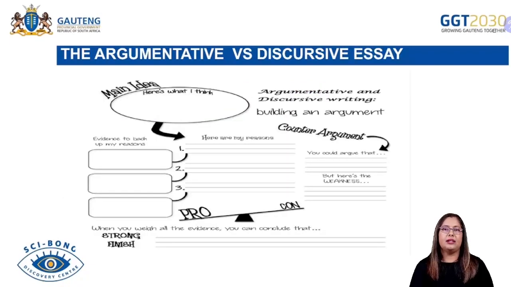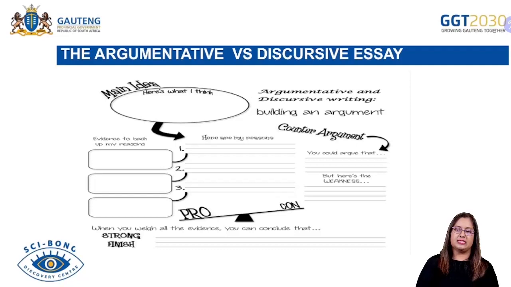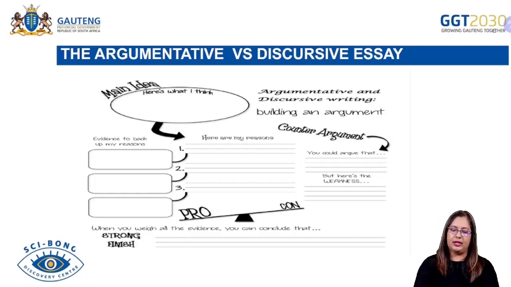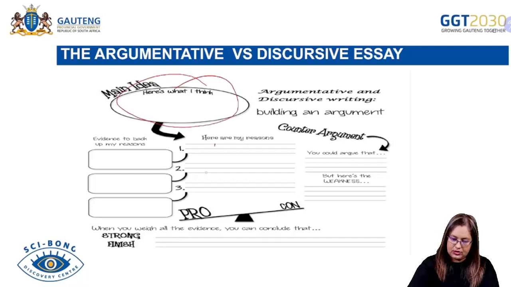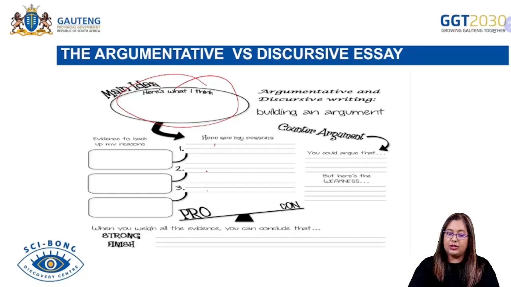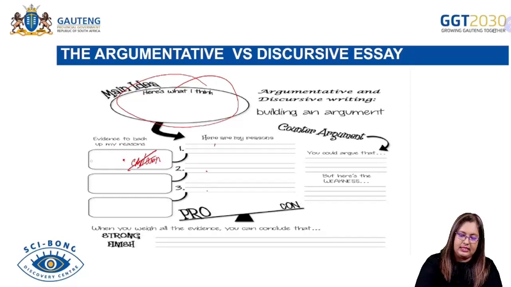Good. So now we're going to have a little bit of a look at the argumentative essay versus the discursive essay. Now, that particular diagram given to you here is talking about your main idea. This is what you are thinking. And then reason 1, 2, and 3, which will then essentially be 3 paragraphs. Okay, so the first idea you hold, give me your reason, your idea, and then give me your explanation. My first idea, and then I want to